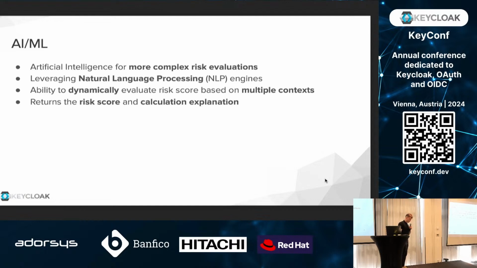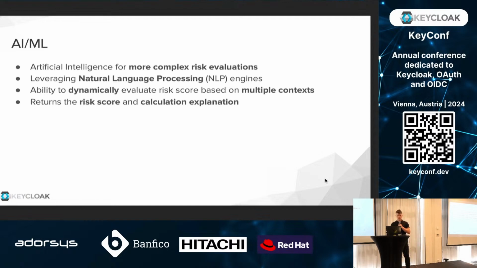Also, there's the problem around the AI. It's some remote service, right? And the remote service and the risk calculation based on AI produce its own risk to the authentication. So at least to mitigate these issues, the risk engine or the AI model needs to return the risk score and the calculation explanation. Like, hey, why did you calculate it like that? And at least we have some brief description of what factors were involved and how exactly the risk score